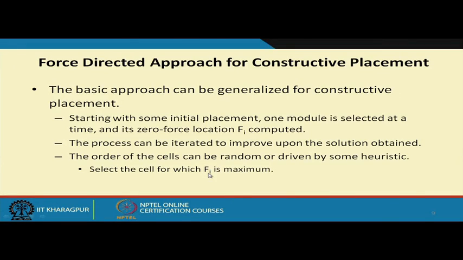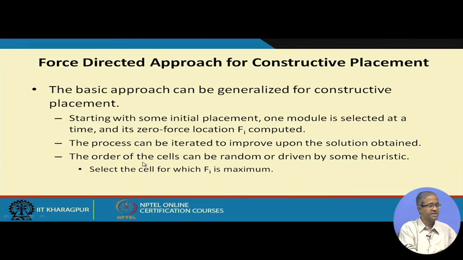So, I calculate for each of the remaining 60 cells the value of Fi, and you select the cell for which Fi is maximum